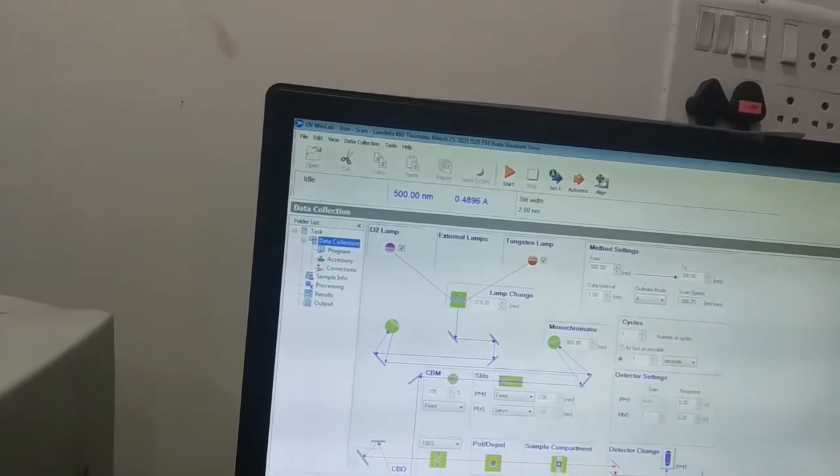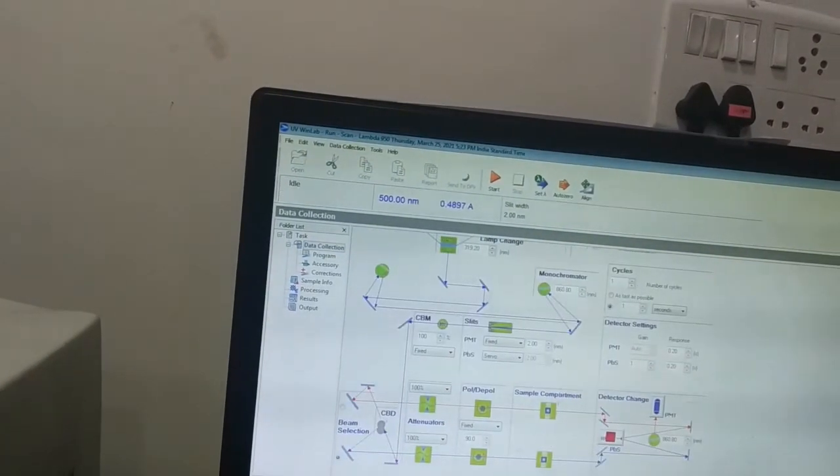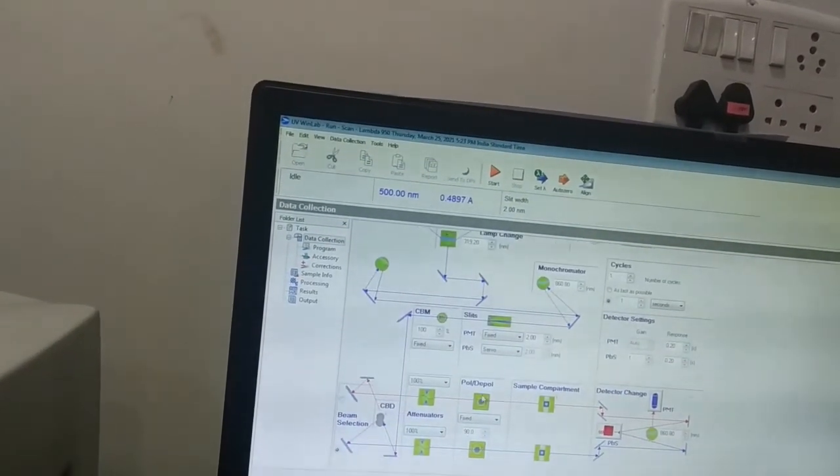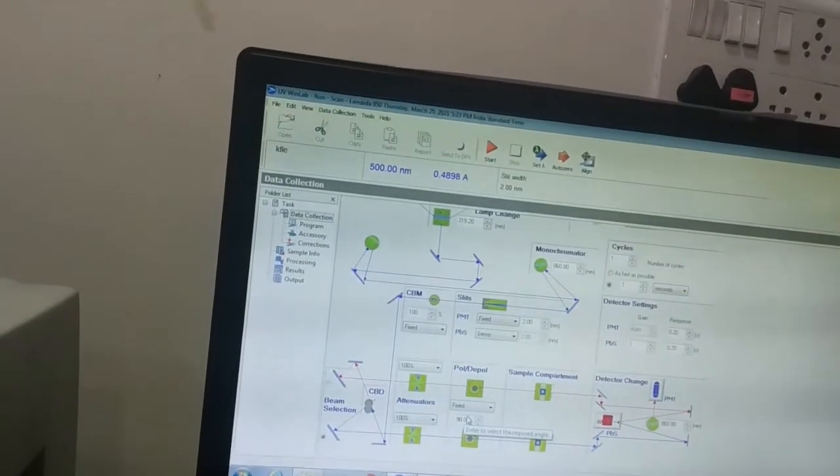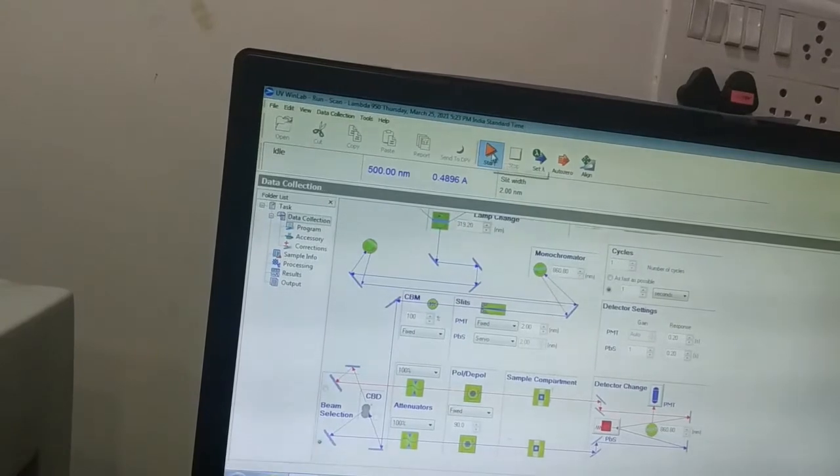Then go to data collection. Here put the polarization, depolarization set to 90 degree. Then click on start.